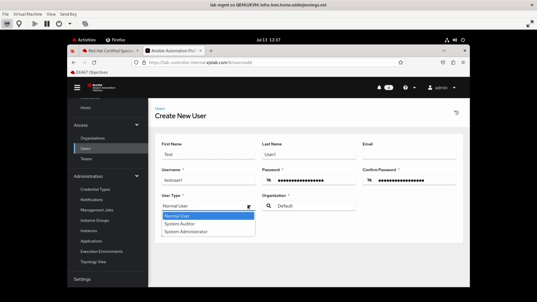You have three types with the automation controller. You have just your standard normal user, and you have system administrator. System administrator is that like root access to everything account, and you also have system auditor. From what I remember, your system auditor can basically view everything in the controller, but they cannot actually make changes. So we'll put some of that to the test here. First, I'll make this one a system administrator